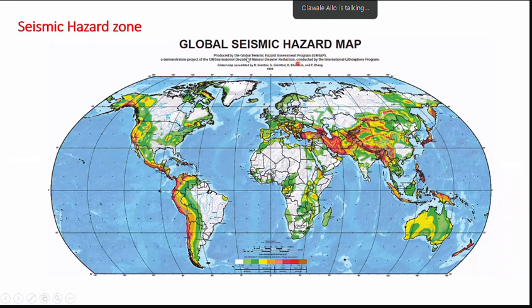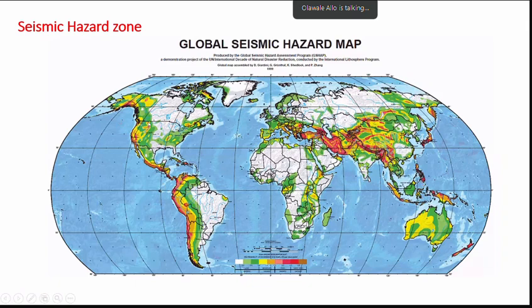Now, seismic hazard zones, the global seismic hazard map. If you can locate where Nigeria is, you can know if you have any fear of earthquake. This is the scale. Where we have this white, these are places that are very free from earthquakes; they are not really earthquake prone. Pink, red, and brown are areas with earthquake activity, a lot of earthquake activity.